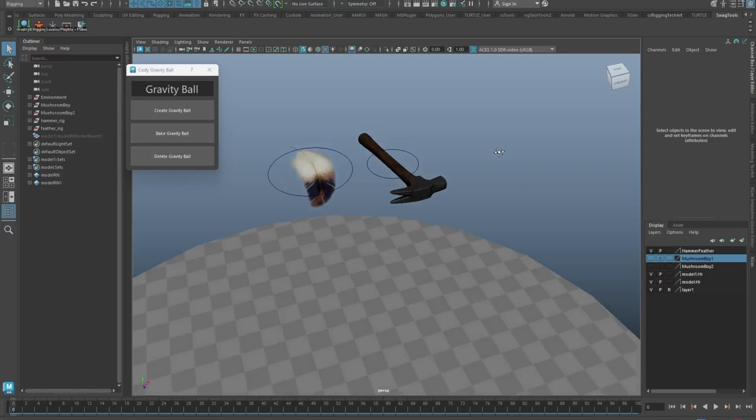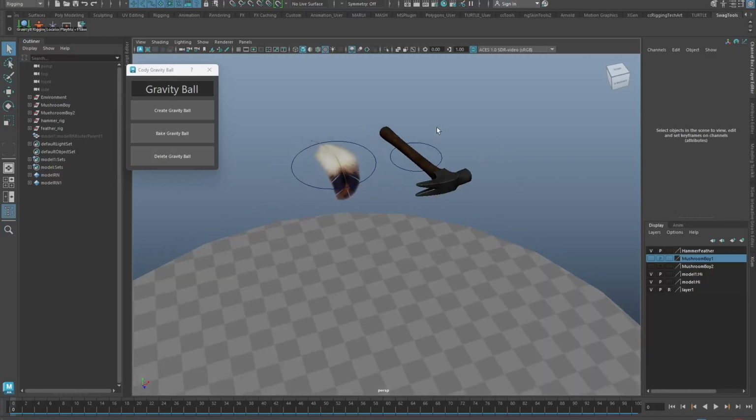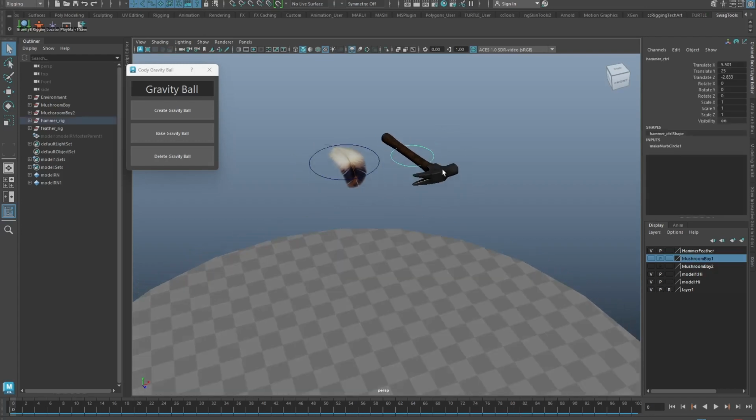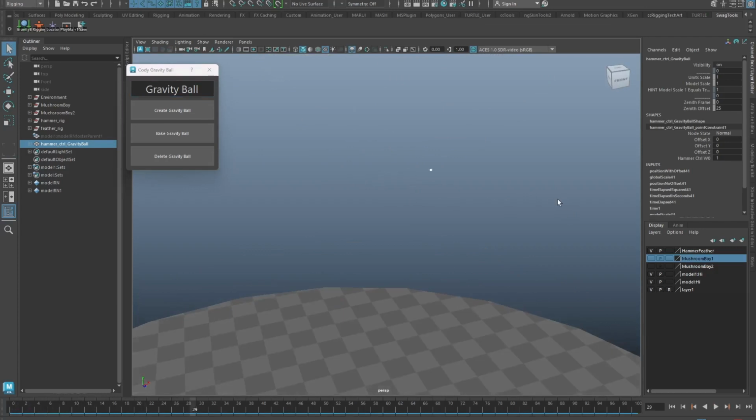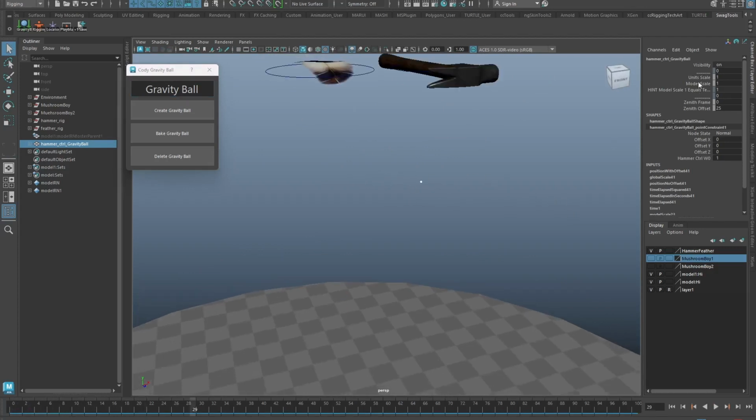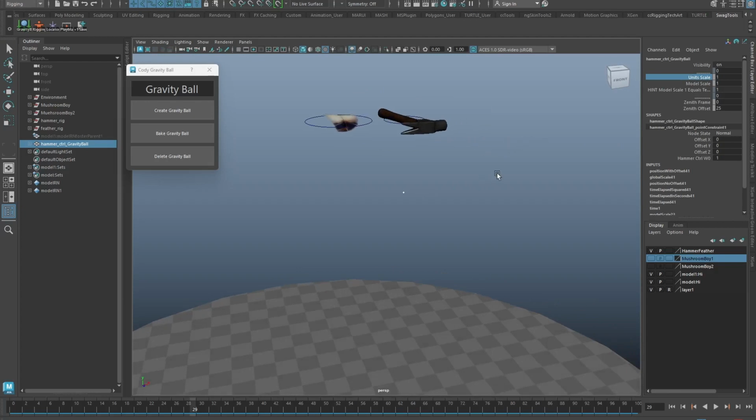In this video, I will show you how to use the Gravity Ball tool for Maya. Step 1, select what I want to be controlled by gravity and hit Create Gravity Ball. This will create a rigged geometry that has some properties that you can modify to change